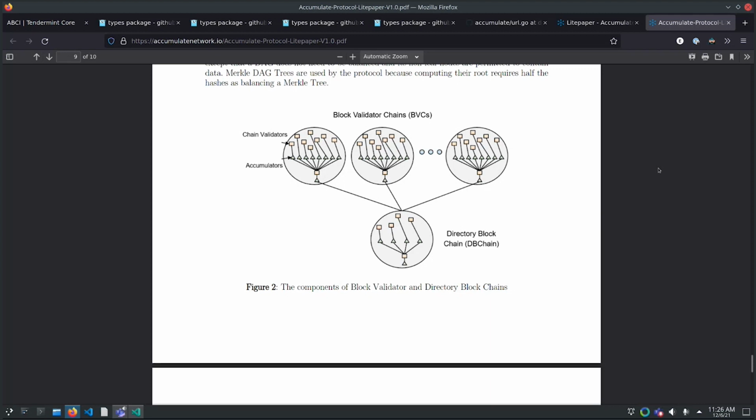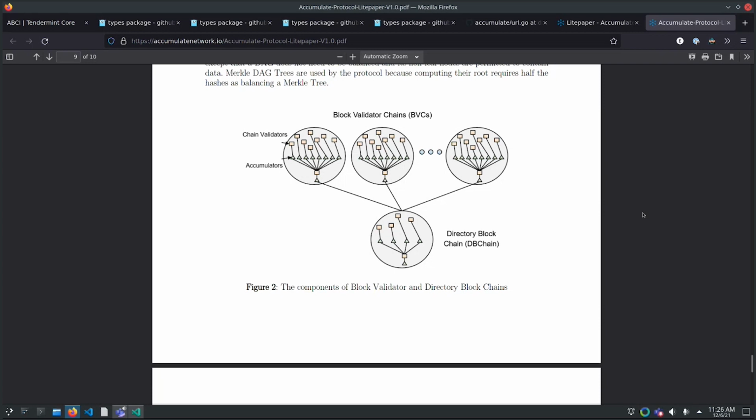Or if I'm doing anything in an ADI, then the BVN needs to validate that the key I'm using is the correct key, and that key is authorized to manipulate records in the ADI or whatever I'm manipulating. And so the key book and key page that holds those keys, for the token account that I'm sending tokens from, or the ADI data account that I'm writing data to, whatever key book is governing that record, all of those records need to be in the same place